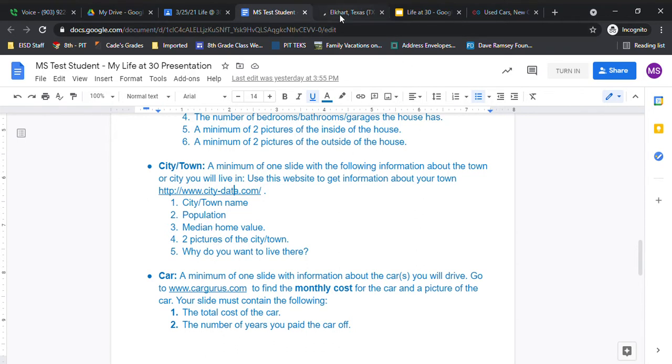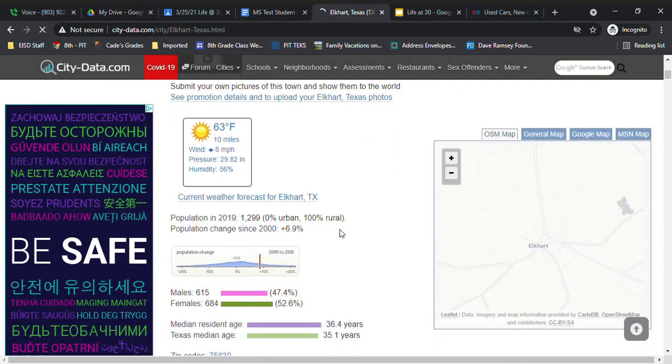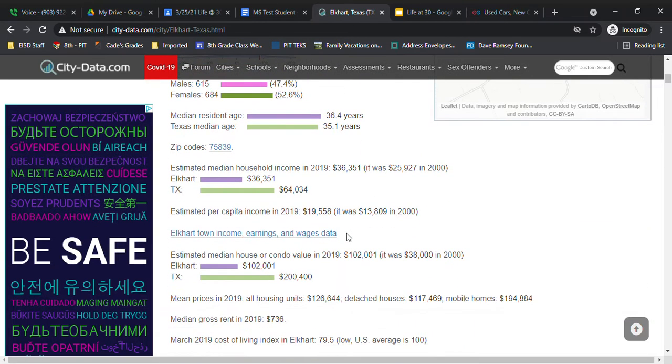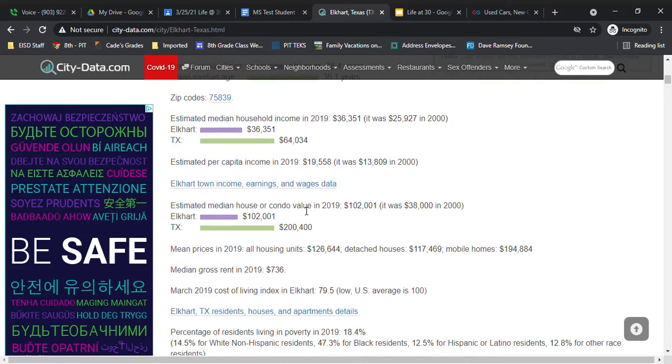So basically, I just, using city data, scroll down. The population is right here. The population in 2019 was 1,299 people. And if I move on down, we're looking for the median home value. That's this one, the median house or condo value. In Elkhart, Texas, it was